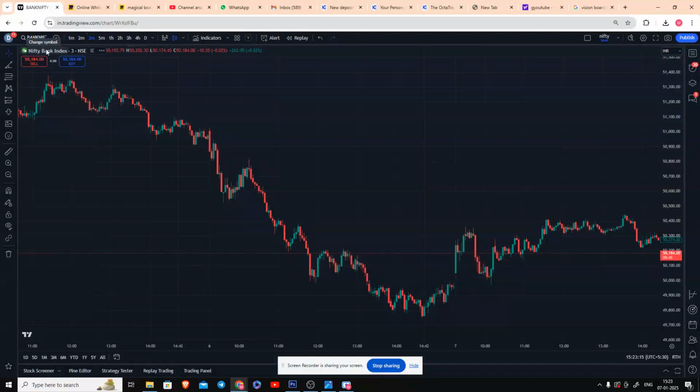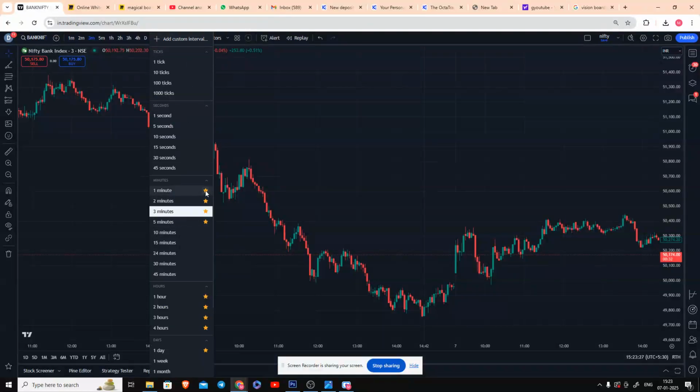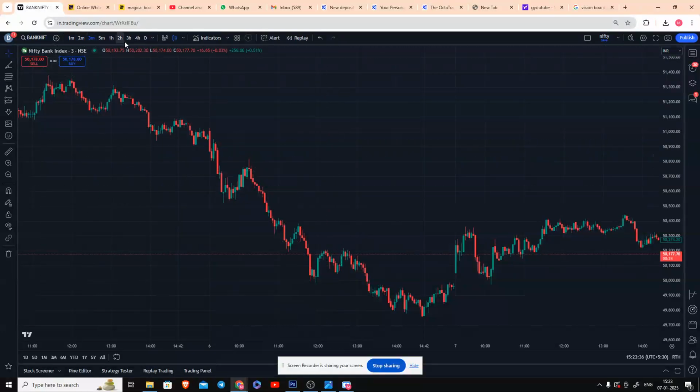So this is the symbol that I'm currently trading, Nifty, and this is the ask and bid prices. These are the time frames that I choose. Basically, I choose scalping in Nifty and Bank Nifty. So I just star these up. See, when I star, it automatically appears here. Okay, so this is the advantage.